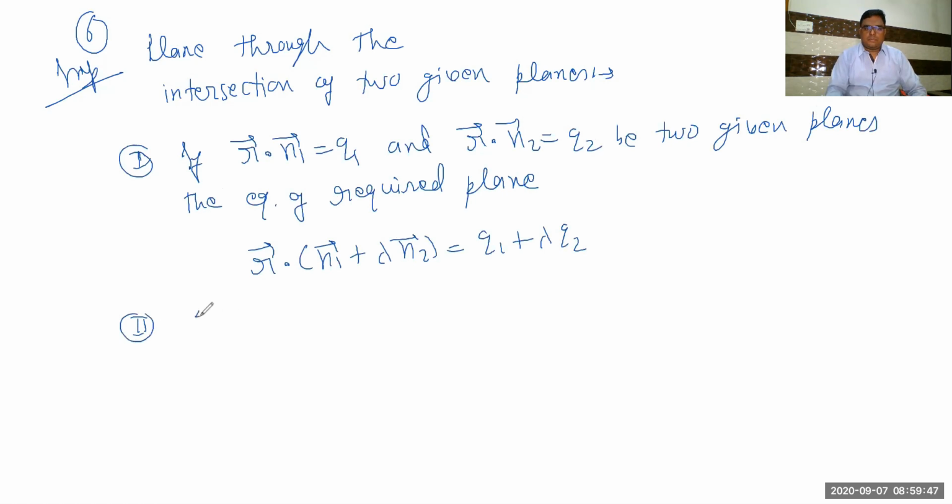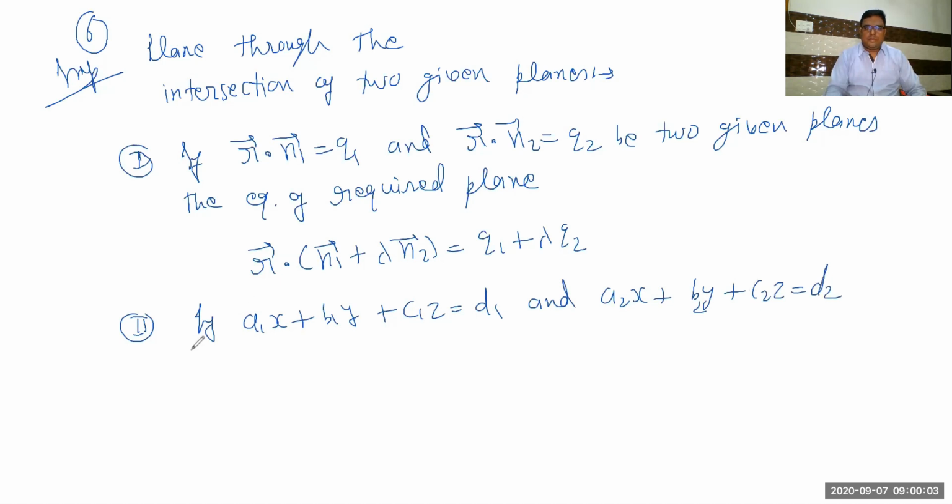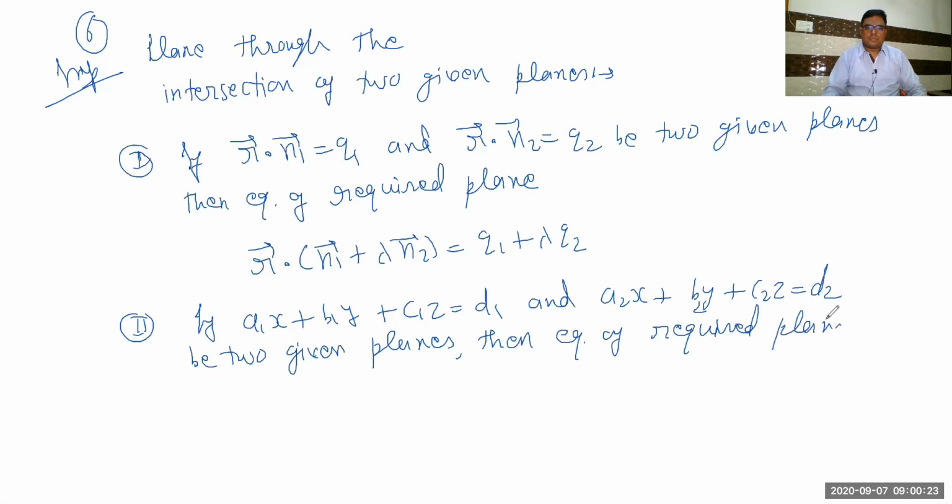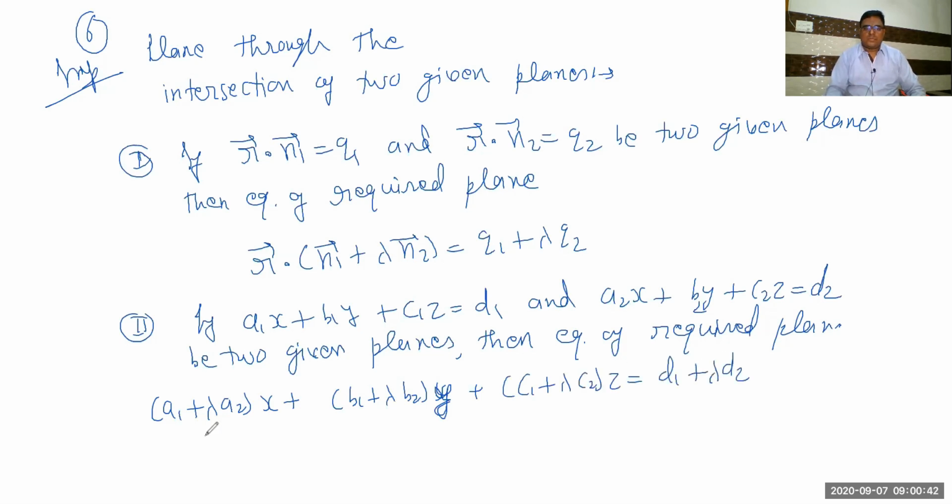Second, if a1x + b1y + c1z = d1 and a2x + b2y + c2z = d2 are two given planes, then the equation of required plane is (a1 + lambda a2)x + (b1 + lambda b2)y + (c1 + lambda c2)z = d1 + lambda d2,